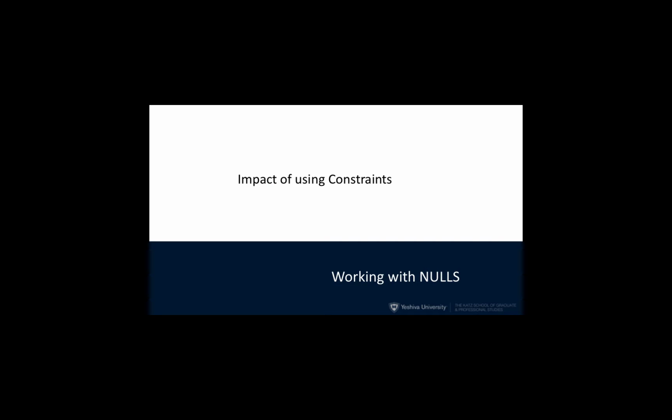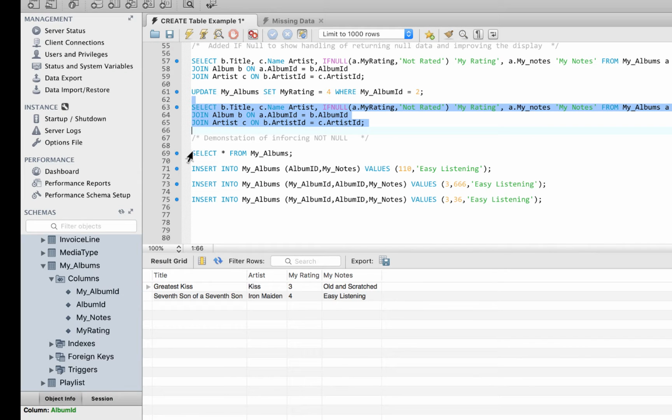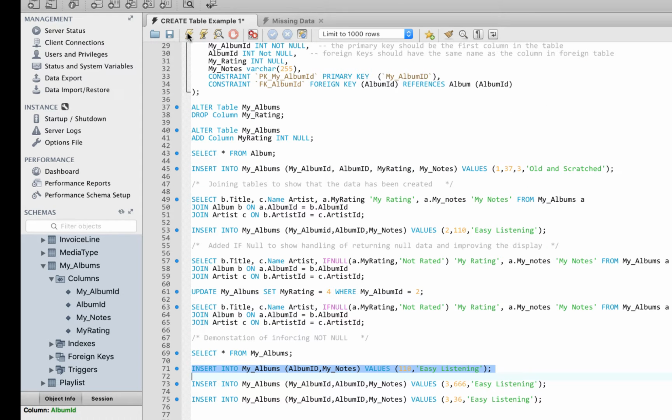When we created our table, we had two constraints listed. The first constraint was a primary key constraint, and the second was a foreign key constraint. Our last three SQL statements are to demonstrate the impact of having those constraints. The first insert statement attempts to add a record to our table that lacks a primary key. When we execute this command, an error message is returned in MySQL that tells us that the primary key needs